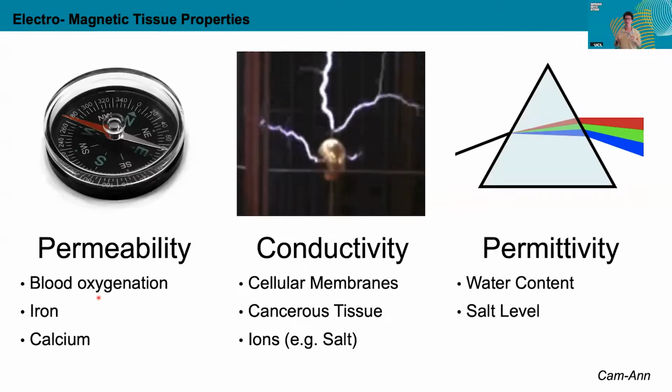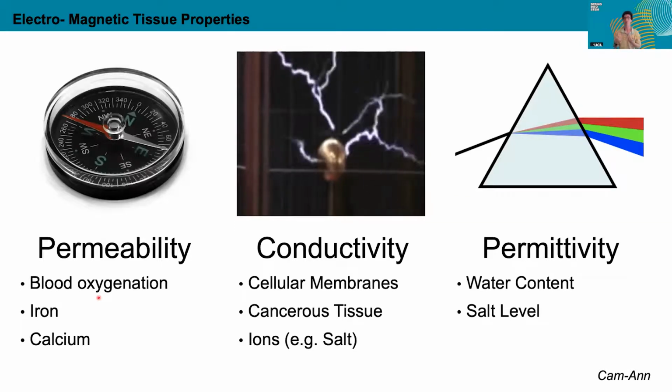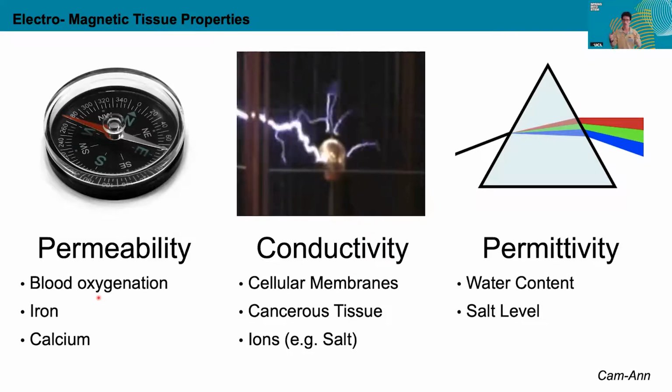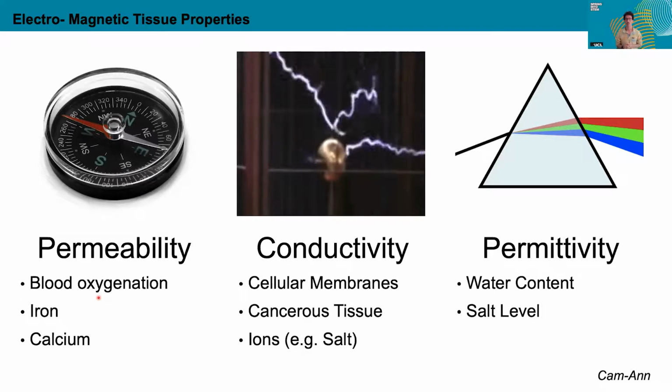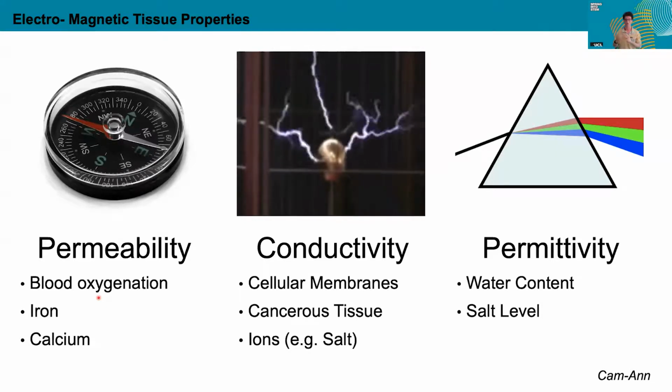And you can imagine, for example, cerebrospinal fluid, which is essentially water. If you add salt to water, it becomes more conductive. And the same goes for a lot of the tissue in the brain. If there are more ions present, for example sodium, then the conductivity changes. And there are some very large changes in conductivity from cancerous tissue versus healthy tissue, and the conductivity of various cell membranes is differently influenced by this. So all of these are metrics we can infer from conductivity.